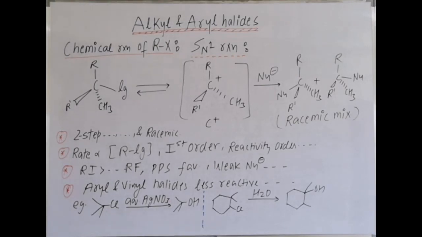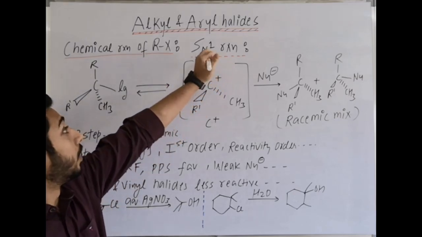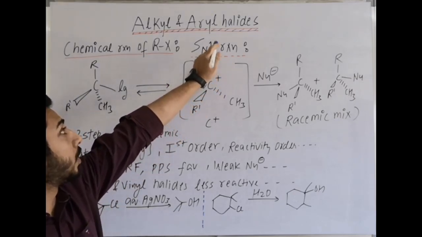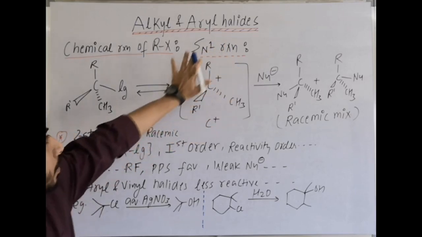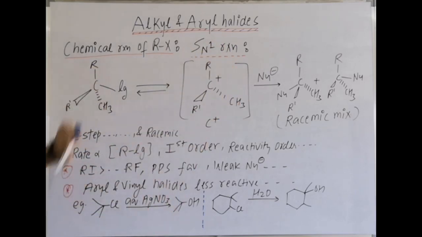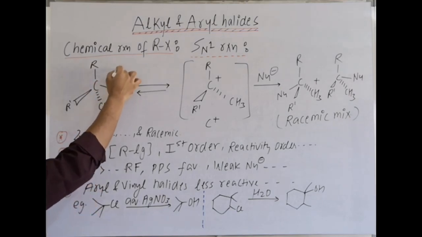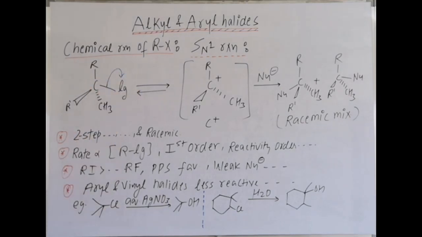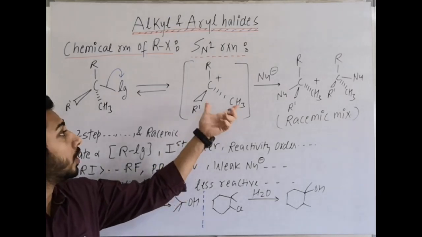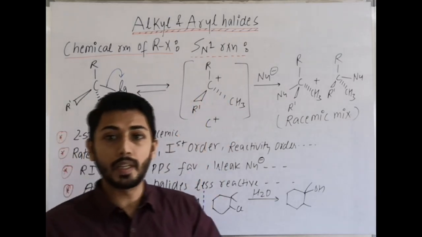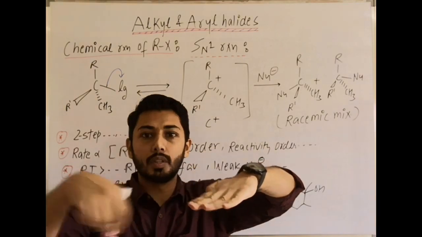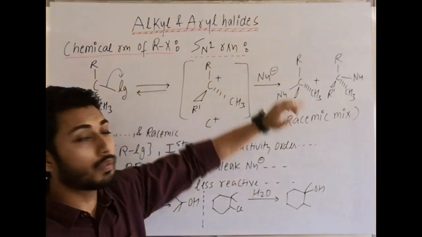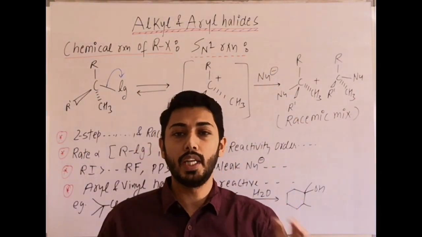Now next is the SN1 reaction, because we are talking about nucleophilic substitution. Previously we did SN2, now this is the SN1 reaction. Basically what happens in an SN1 reaction? This is the substrate. In the first step, the leaving group departs and a carbocation intermediate is formed. This carbocation intermediate is planar. All atoms come in the same plane. Then the nucleophile, which here is a weak nucleophile.